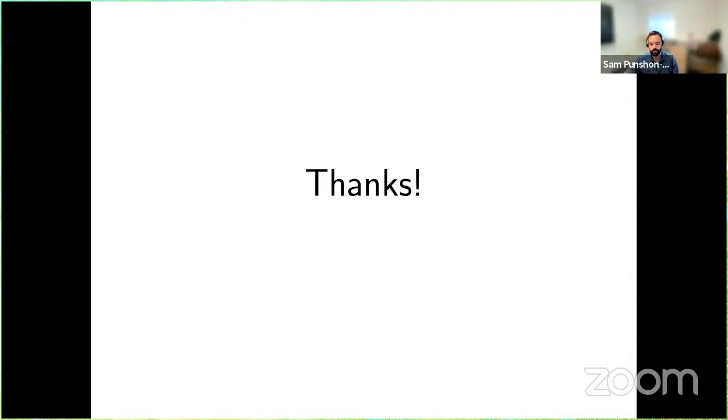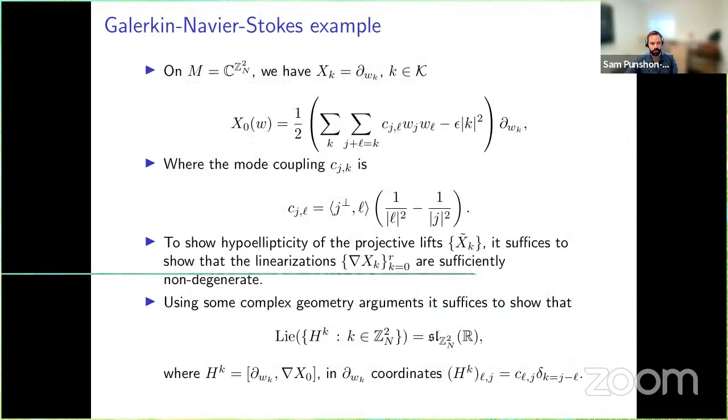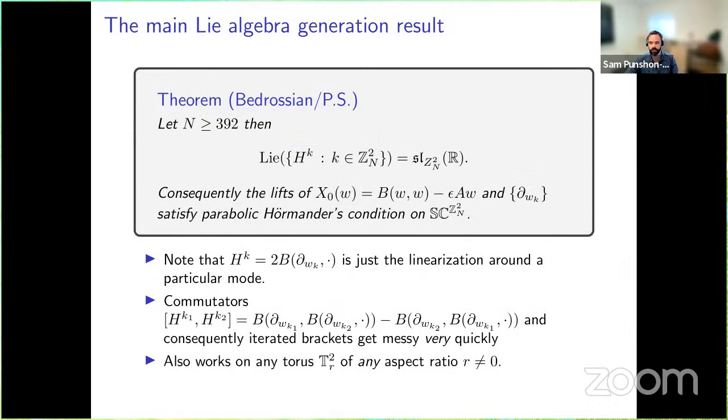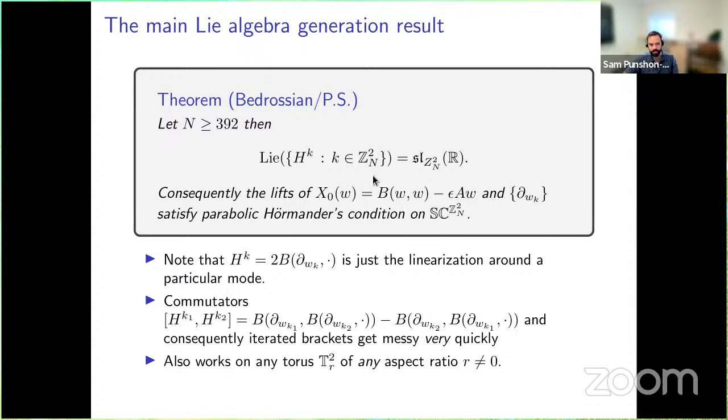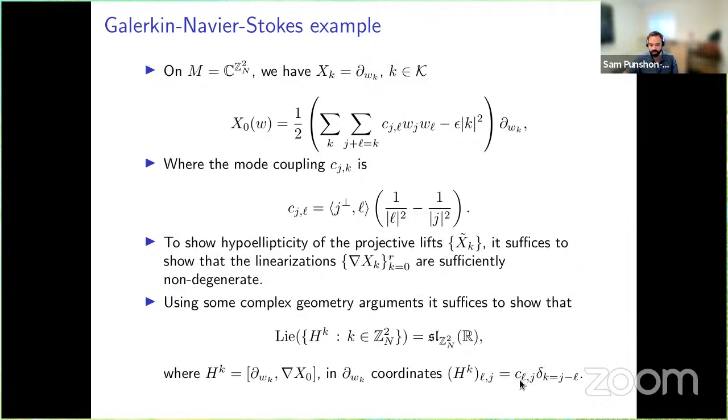Yeah, very much. I'm not going to go into too much here, but this definitely applies to other Galerkin truncations of PDE in general. It's more of a property of Fourier multipliers. We have this H, and it has this coupling coefficient in front of it, which is some rational function on the lattice. The technique we show to generate this is that if you use that it is some polynomial type thing, or at least a rational function,